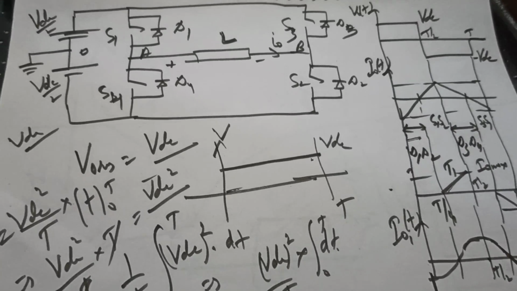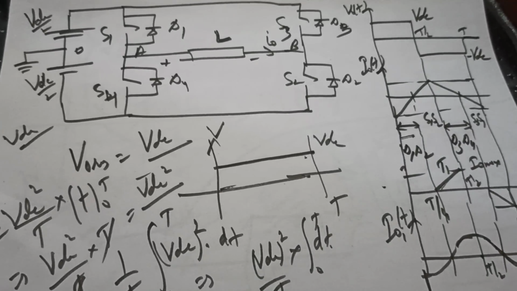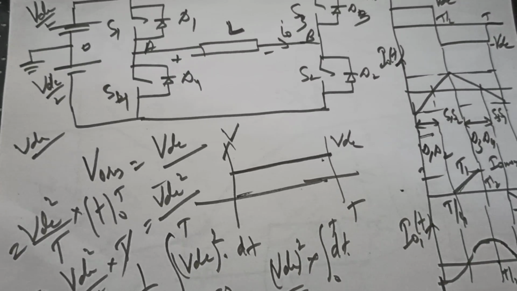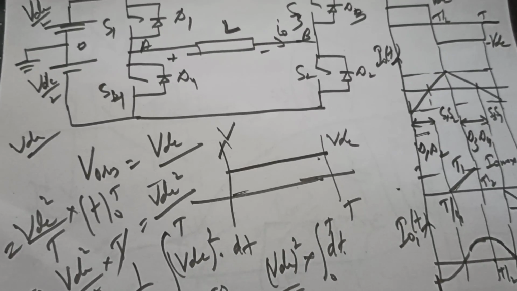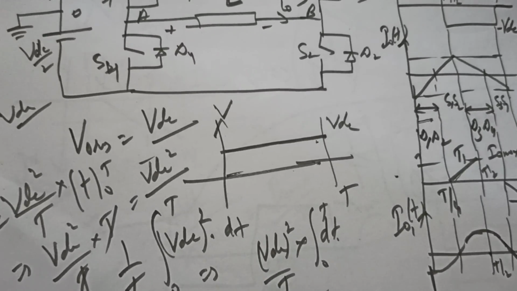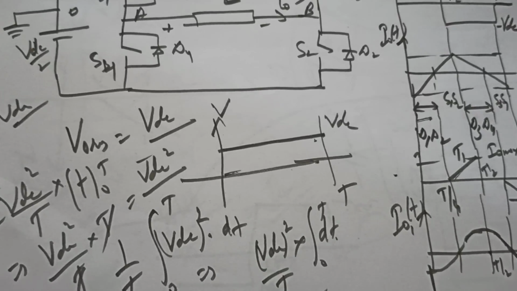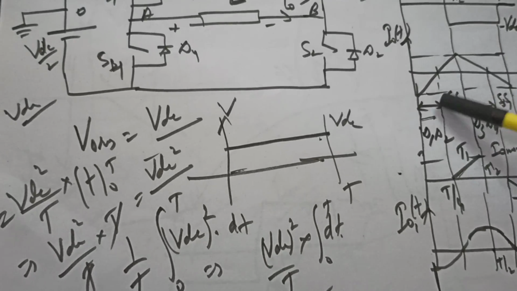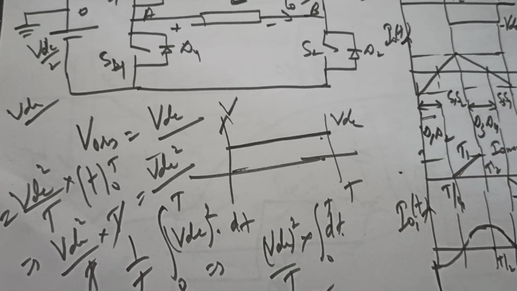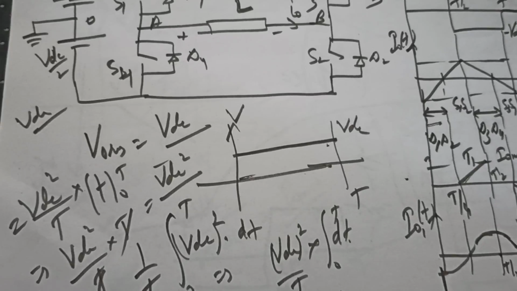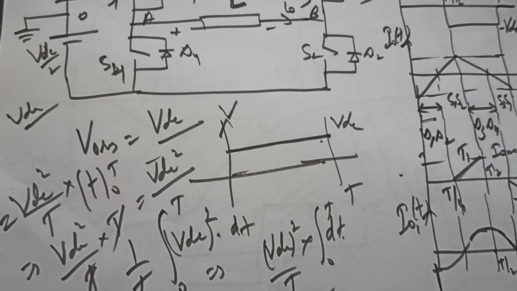Now we have to understand what the conduction angles and conduction intervals of the various devices are. Have a look at D1, D2 and D3, D4. This is D1, D2, this is D3, D4. So you can very well say that when the voltage is positive and the current is negative, then D1, D2 will be conducting. Similarly, when the voltage is negative and the current is positive, D3, D4 are conducting. Okay, I think till this point I am quite clear.